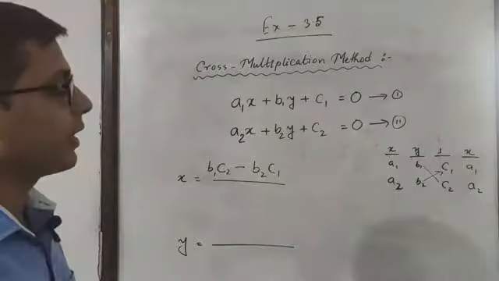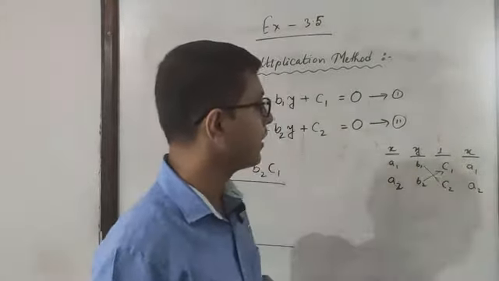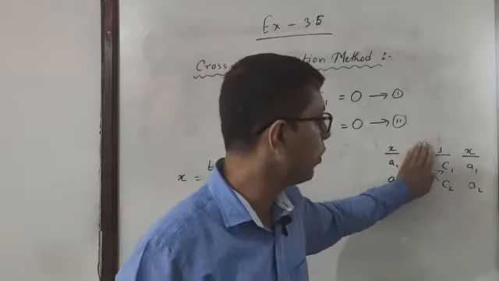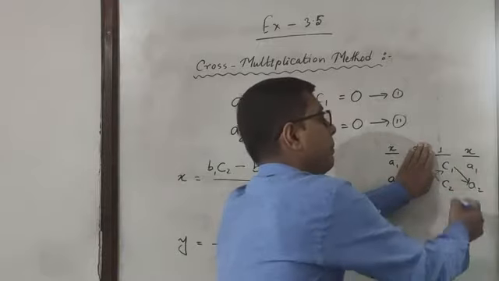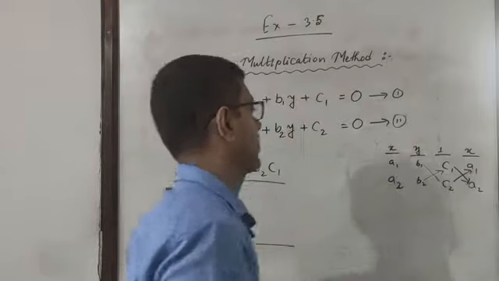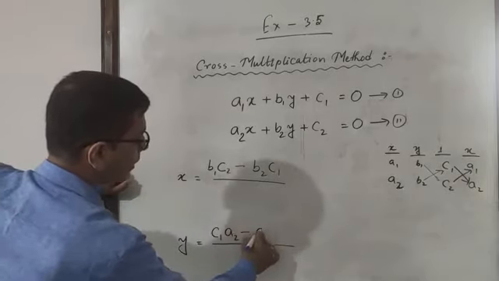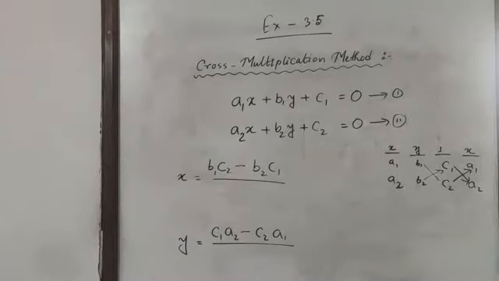ठीक है, थोड़ा इजी बनाने के लिए हमने इस x पार्ट को फिर से लिख लिया है. तो for finding the value of y we have to exclude y and the remaining parts we will multiply c1a2 minus c2a1. How will you multiply? c1a2 minus a1. ठीक है, understood? Up to here understood?